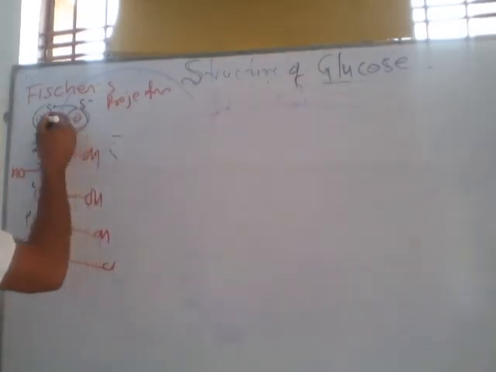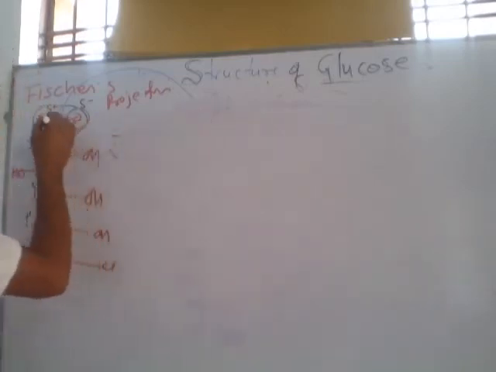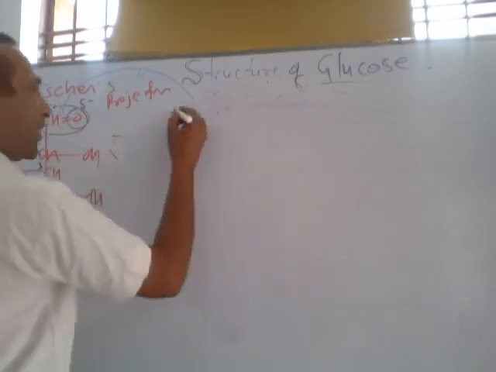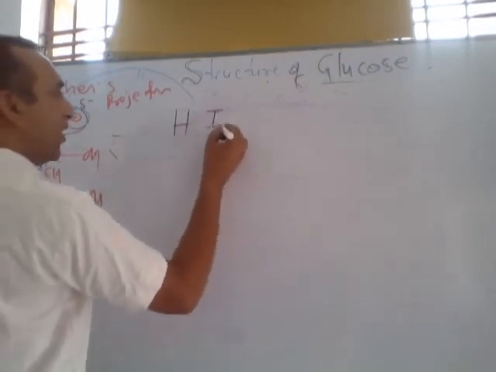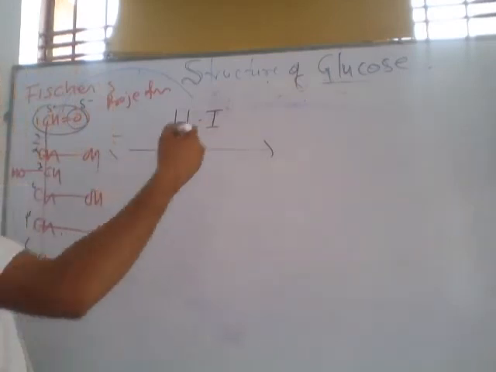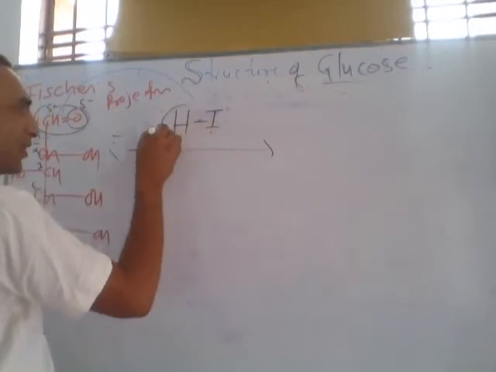If in the exam they ask that in glucose there are 6 carbon atoms and these 6 carbon atoms are directly connected in a straight chain, how can you prove it? By the reaction with HI, hydrogen iodide. After the reaction, to remember the product, listen: in HI, this is hydrogen.